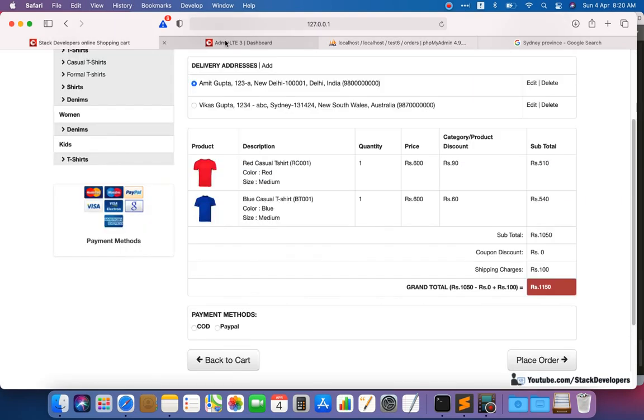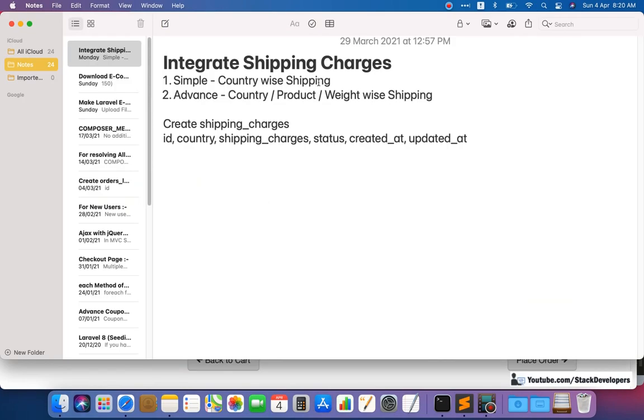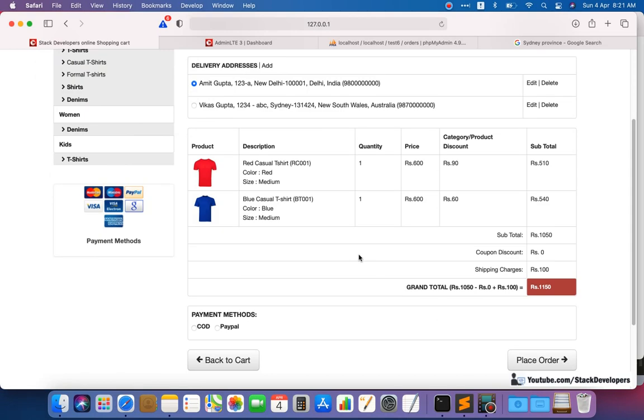We will show it in admin panel and in order details of the user as well, and we may require to pass it in emails as well. Okay, so this thing we are going to do in next video, and in next video we will complete the simple module of the shipping charge. This is the simple country wise shipping that we are going to finish in next video, and after that we are going to work on the advanced way, that is country product wise shipping charges, and that is also not that much complex. Now we have done the simple, so advanced will not look that much advanced. Okay, so don't worry at all, we will do step by step.